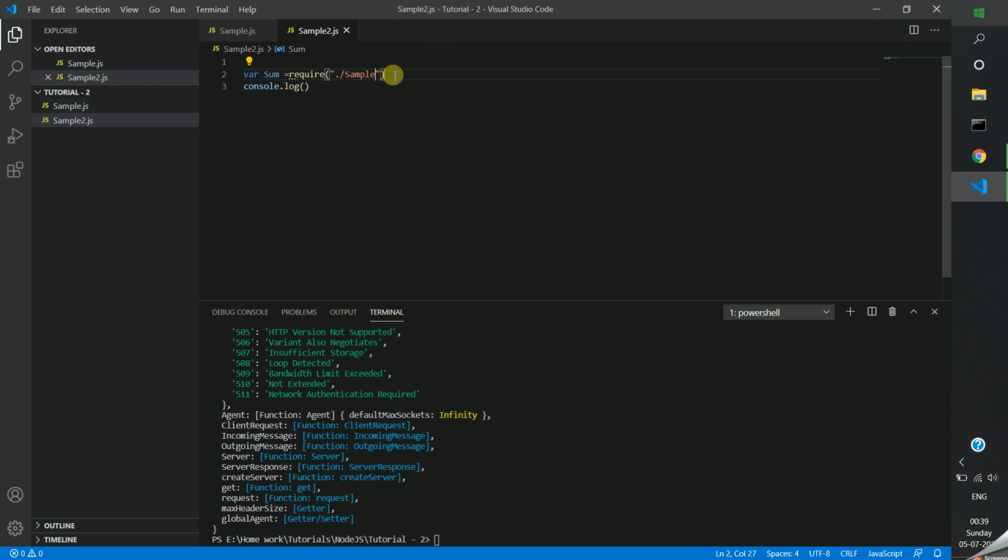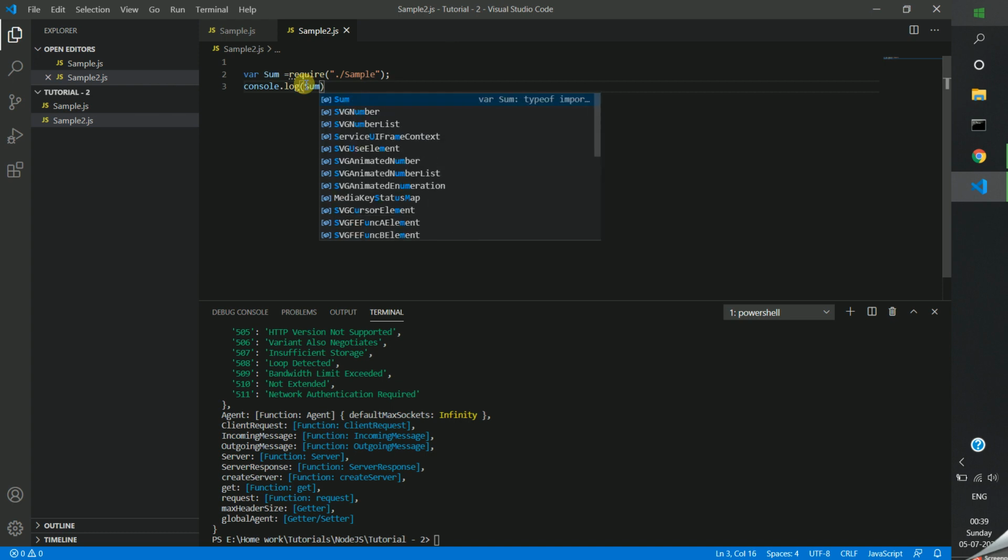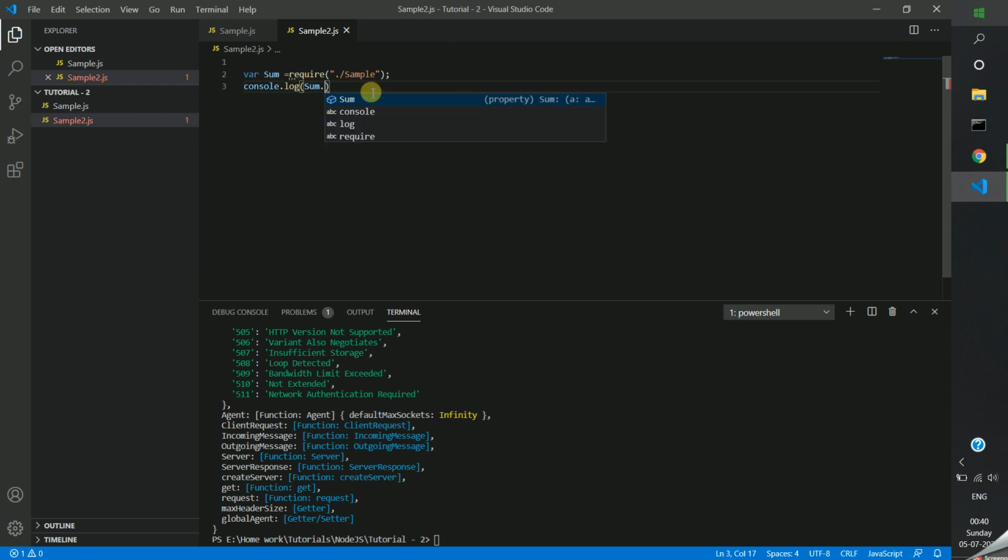I am not specifying the extension; it is not needed actually. Then sum dot sum of. You can give any name here. Instead of sum, you can give sample2 also, or sample. So this will get the exported object. This object has the function sum. Here I need to pass two values. Let me try this.